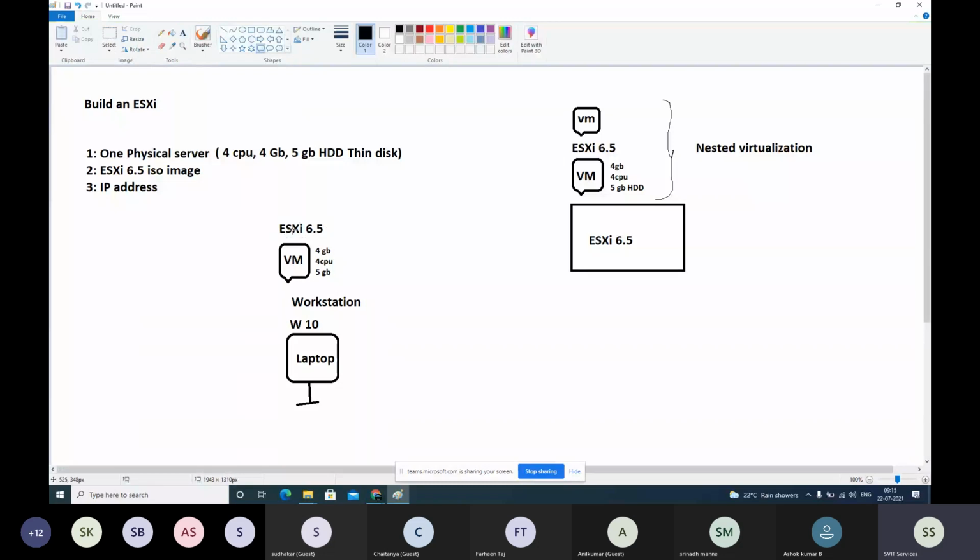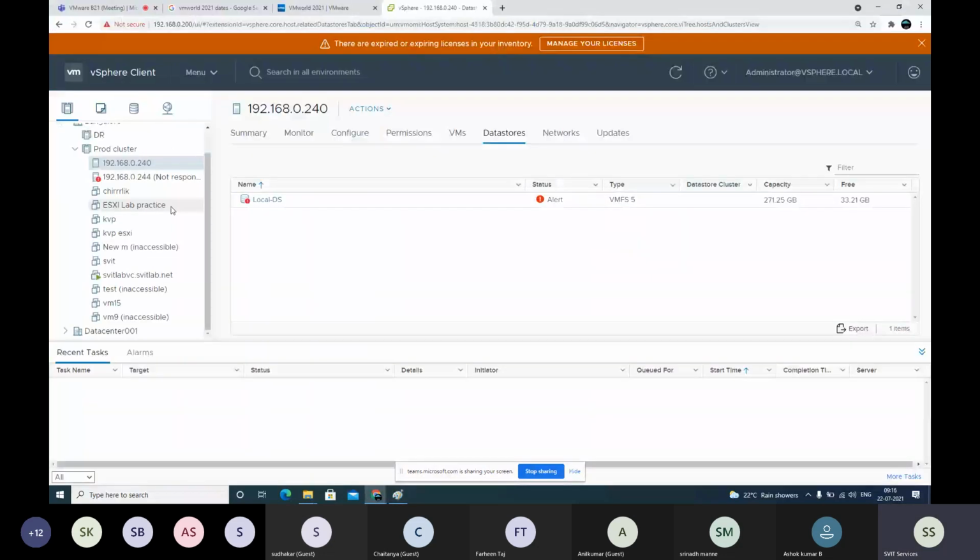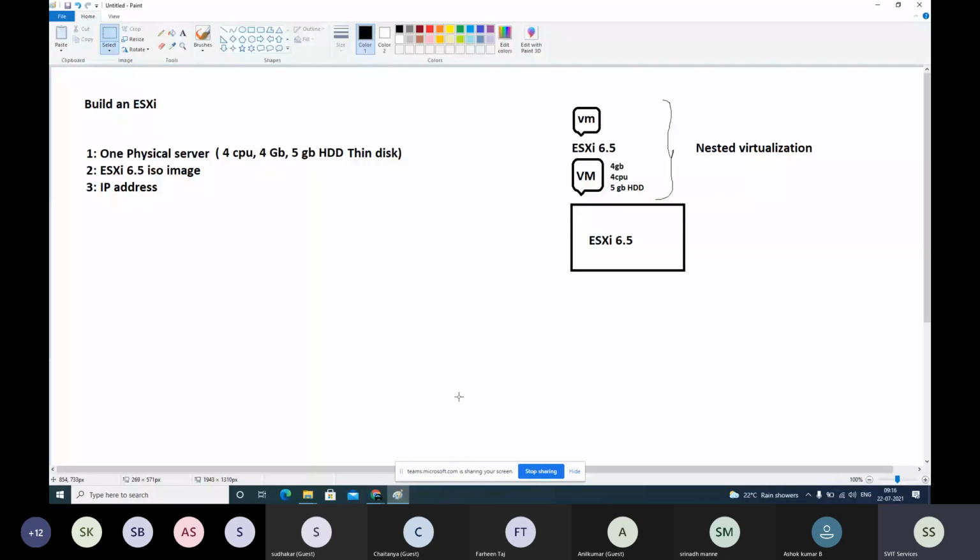On top of this, we'll create a virtual machine again. That's why your laptop can't bear this much load. But at least a Lenovo with 16 GB and i5 processor will sustain, but the rest of the hardware doesn't bear. So now we need a physical server to proceed with the ESXi installation lab. So on top of this ESXi 6.5, which we already have here, 240, I will create a virtual machine, and I will try to install ESXi on top of it. We'll do this method now.